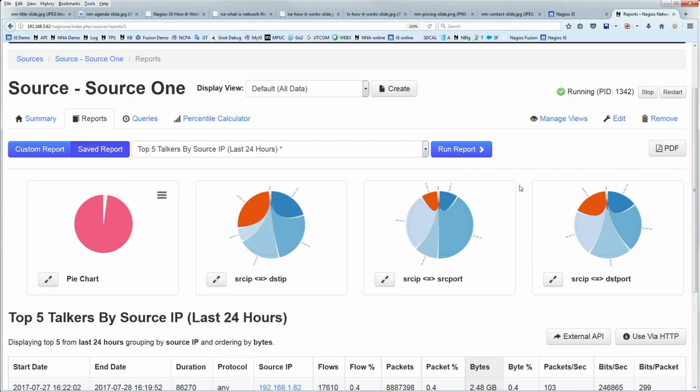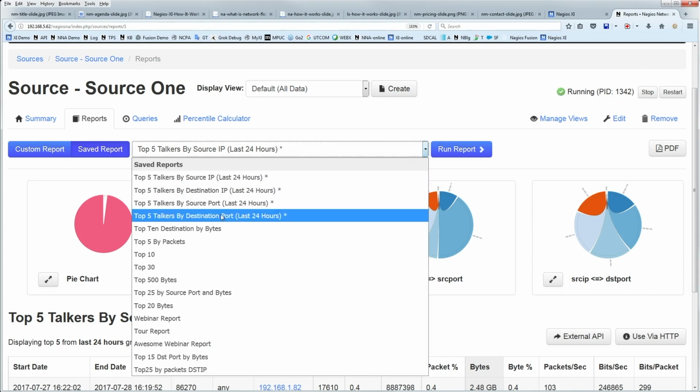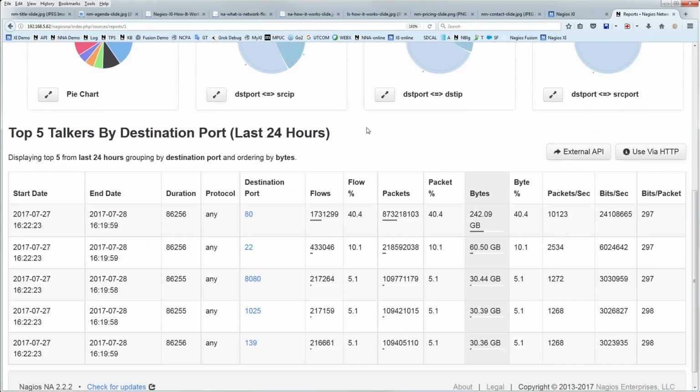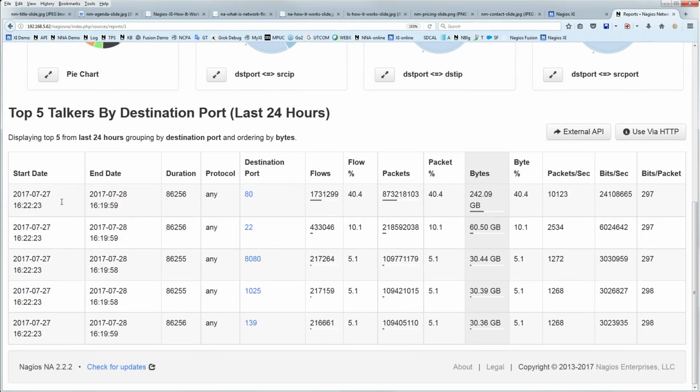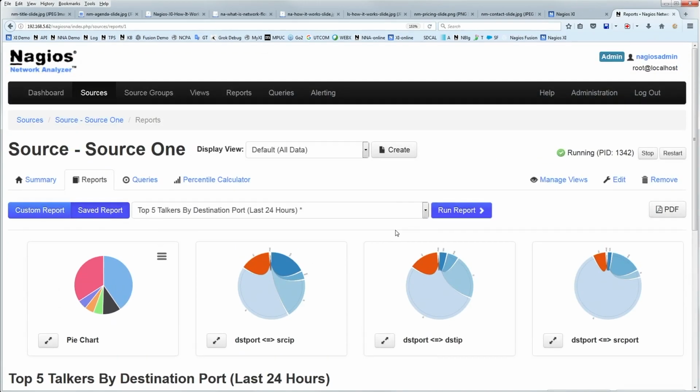You can export the reports as a PDF, and so they can actually be exported from the system. So you can just pick the report that you'd like to look at, for instance, top 5 talkers by destination port, run the report, and then scroll down, and you'll see how long it lasted, when it started, what port was involved, how many flows were involved, how many packets, how many bytes, how many bits a second, bits a packet, packets a second. So it gives you some really useful information on the traffic on your network, well beyond